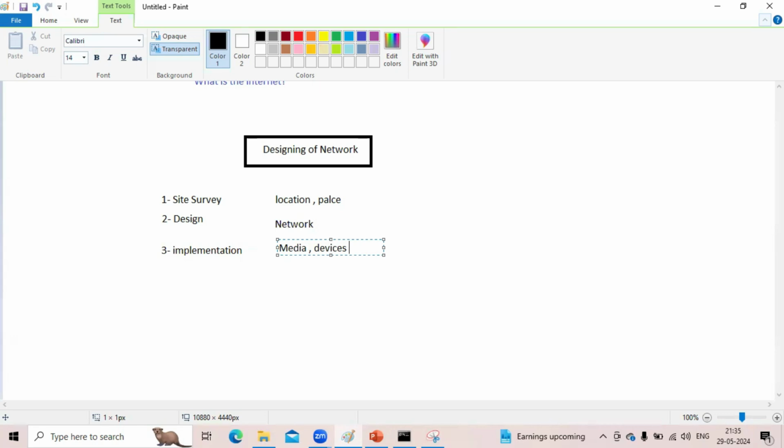Which is comfortable? And most probably we are going for redundancy. Redundancy means high availability. Availability means we don't want even a single second or single minute of failure. So for that, one link we are going to take from Tata, another link from Airtel. If anything goes wrong with Tata or Airtel, we don't want any network fluctuation.